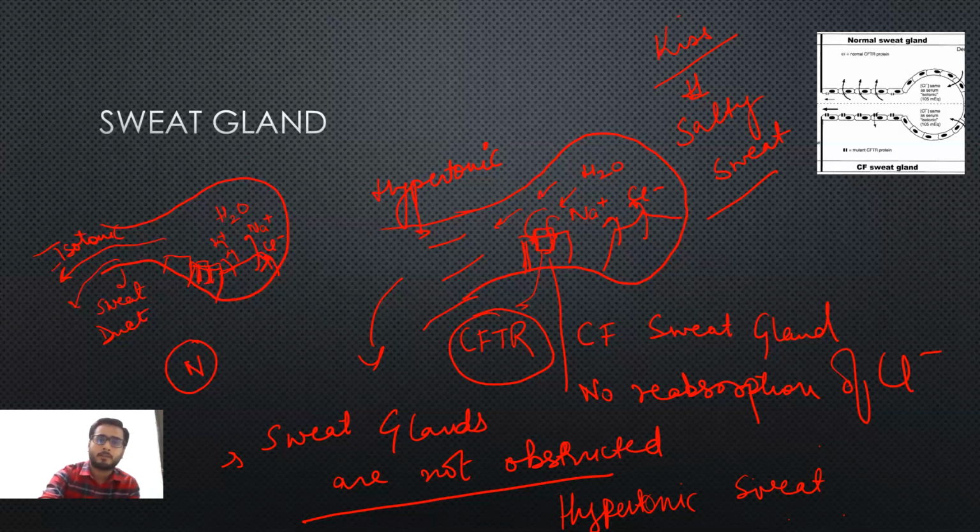Next, this was the pathogenesis in the sweat gland. In the normal gland, there is sodium, chloride, and movement of sodium, chloride, and water outside this sweat gland cell. And again, there is reabsorption of this chloride inside by the adjacent sweat gland cell. And there is less sodium, less chloride, and less water inside. This sweat is isotonic, which comes out from the sweat duct.